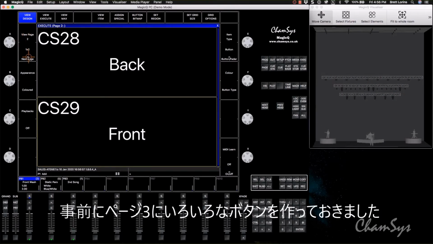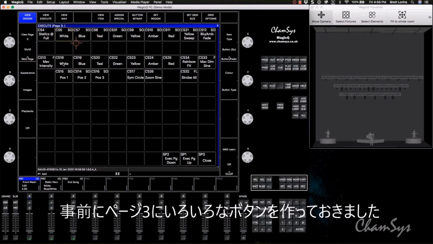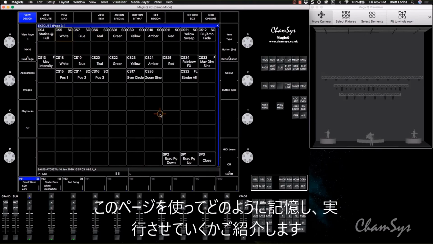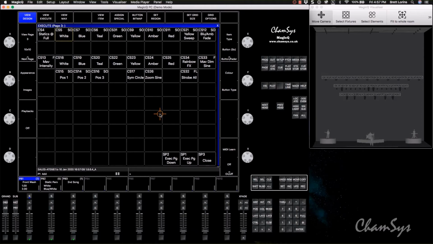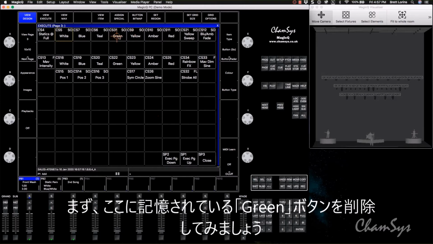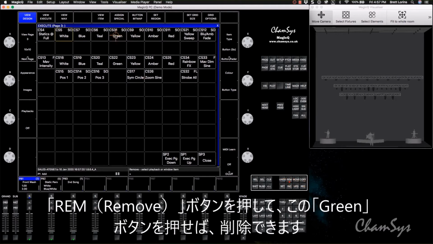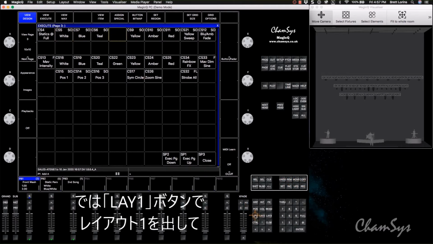I've created another one on page 3 here that has a lot more stuff going on, and we can get into these functions, how you save items to the Execute page, and once you've saved items there, how you can manipulate the function of the buttons and what they do for you. So if I get rid of this one, for example, this green one, I'm going to remove it, and now I have nothing there. Okay, so if I go to layout 1,